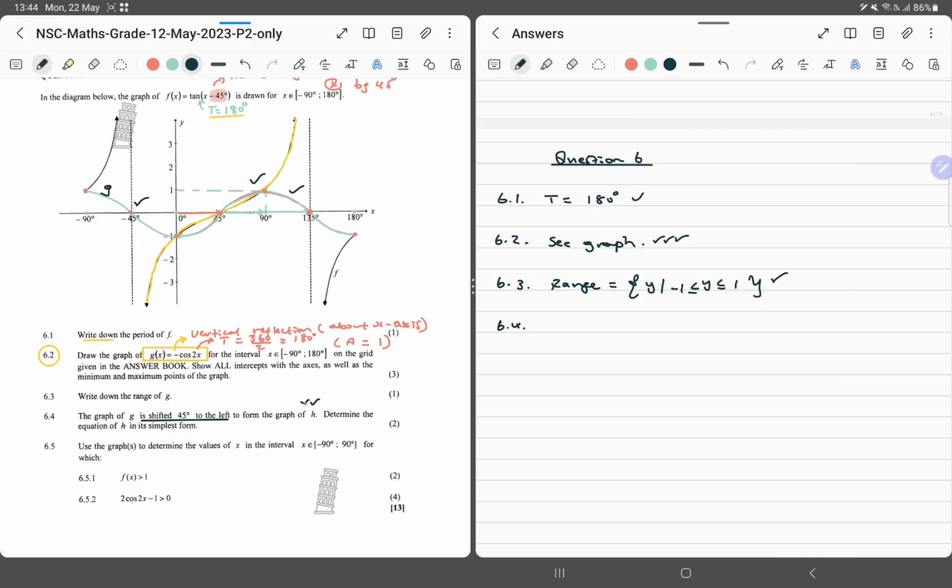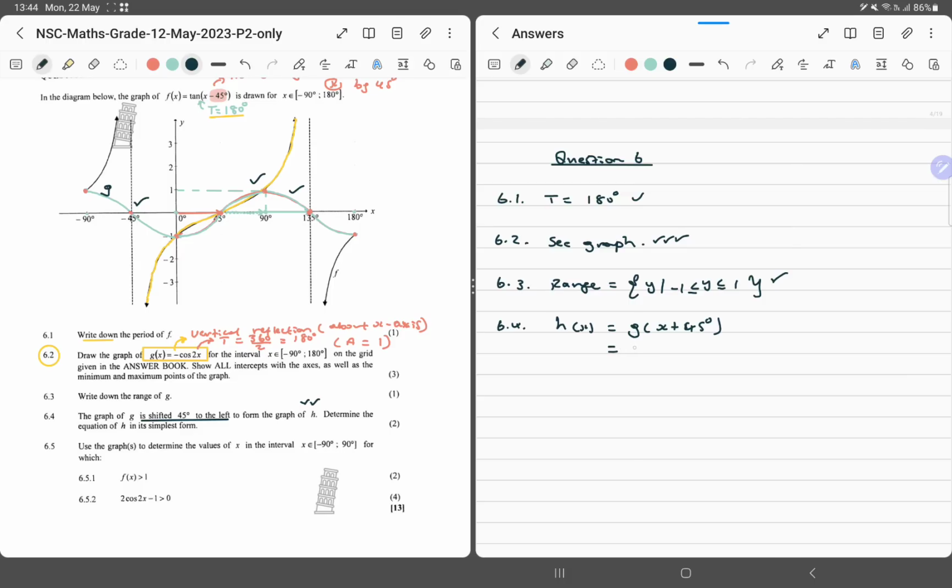Now determine the equation of h in its simplest form. So we know that the graph of h(x) is basically the graph of g(x) plus 45 degrees, because for a shift to the left, you're adding, okay? So let's go on. So this implies,